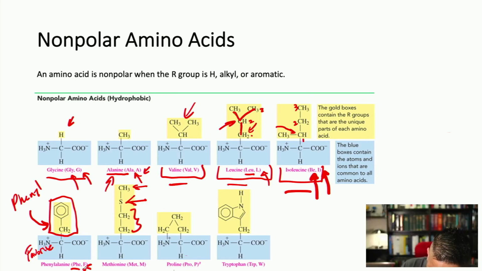Methionine again: two methyl groups to sulfur to another methyl group, right? And that's methionine. It's got MET as its three-letter designation, and M as its single-letter designation. Methionine is very special, so we'll talk about this a little bit more in nucleic acids, but nucleic acids are